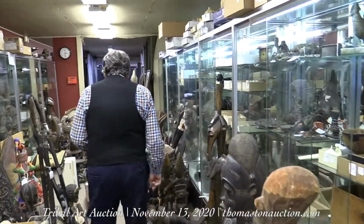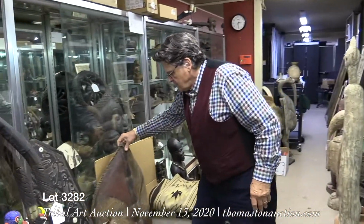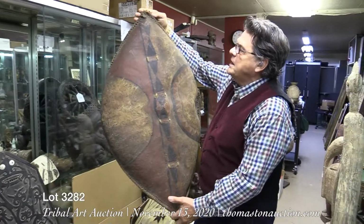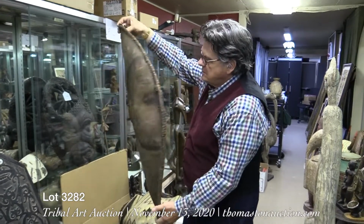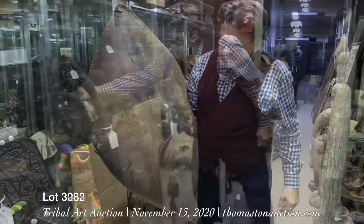For example, this wonderful fighting shield right here in original paint. That's all done in tooled and painted leather. And that was held like this. This shield here